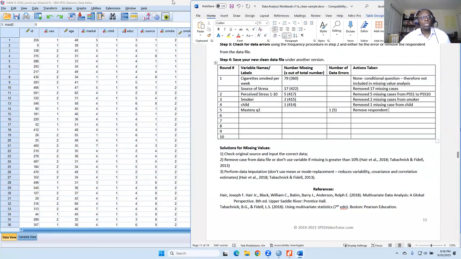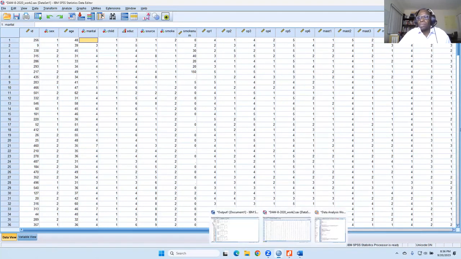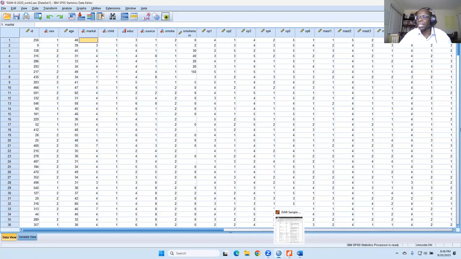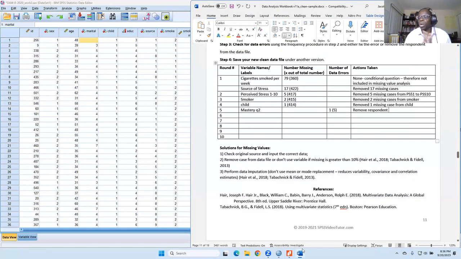Because normally what we would say is, hey, this is not a valid number, so we have to delete it. So now we've got a person who has a missing value. And we don't want any missing values, so we're going to have to delete them or exclude them from the analysis, right? So we go here. Does that make sense? Do you understand why I have to delete them?